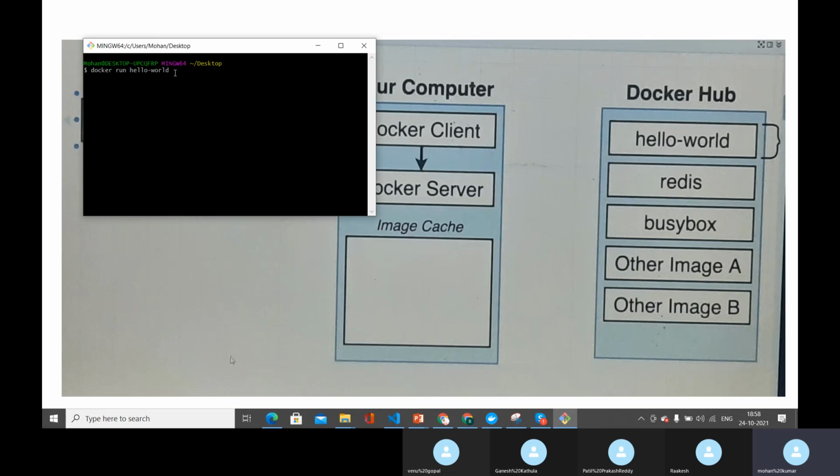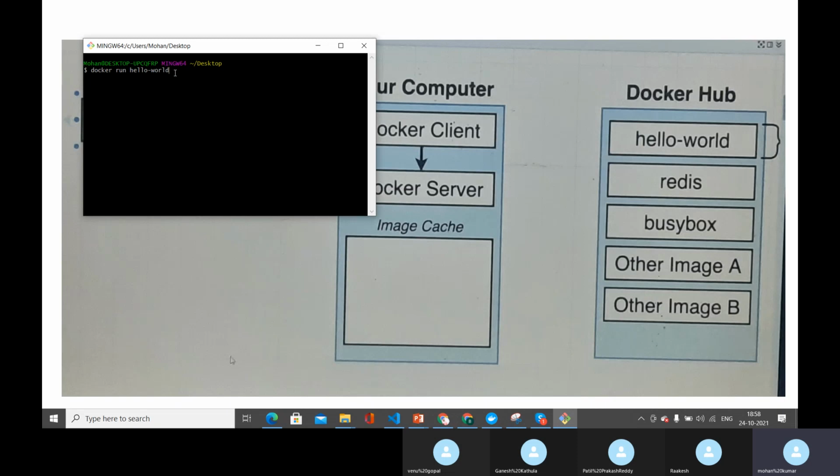So what happens in this is, it will simply run this hello world. It will simply create the container for this hello world image. Let's not bother about how this hello world image actually looks like. In fact, don't bother about how an image looks like. Let's consider that just as a script. Now let's try to understand only the architecture part, how Docker is building the containers, how the communication is happening between the Docker CLI and the Docker server, and what actions the Docker server is taking based on the command that we are giving from the client. That's the only intention over here.